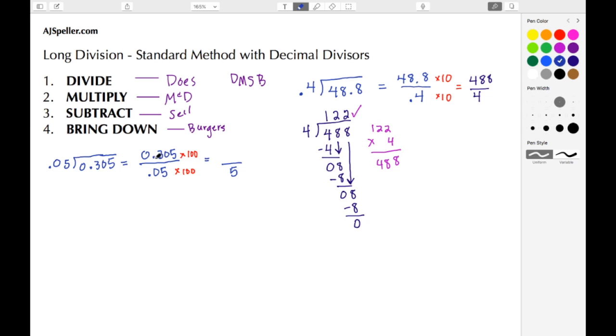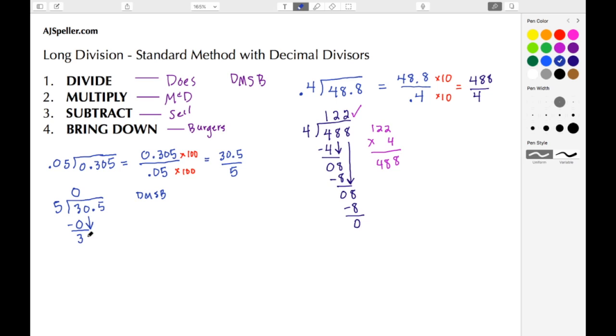And when I move this decimal point 2 places to the right, I end up with 30 and 5/10. Now I can write this in the standard division format where my divisor is to the outside, which is my 5. And then my dividend is the numerator here, which is 30 and 5/10. And then I can follow my does McDonald's sell burgers method to do this division. All right, 3 divided by 5 is 0. 0 times 5 is 0. Then I subtract. 3 minus 0 is 3.